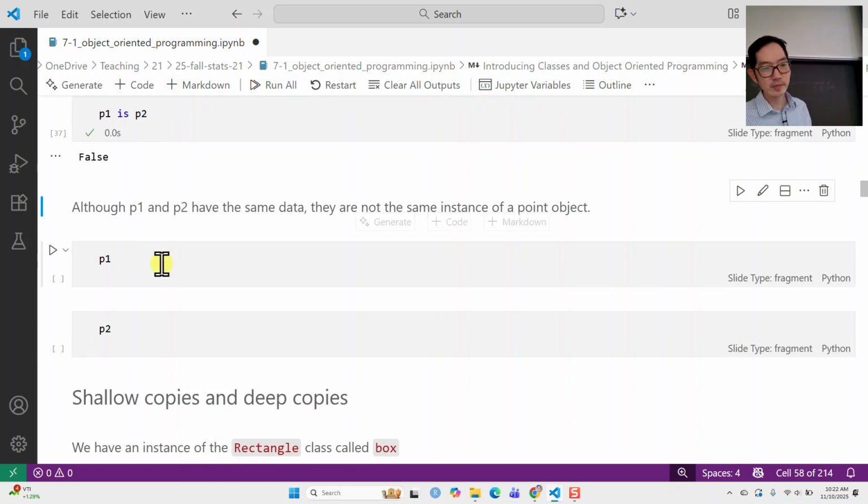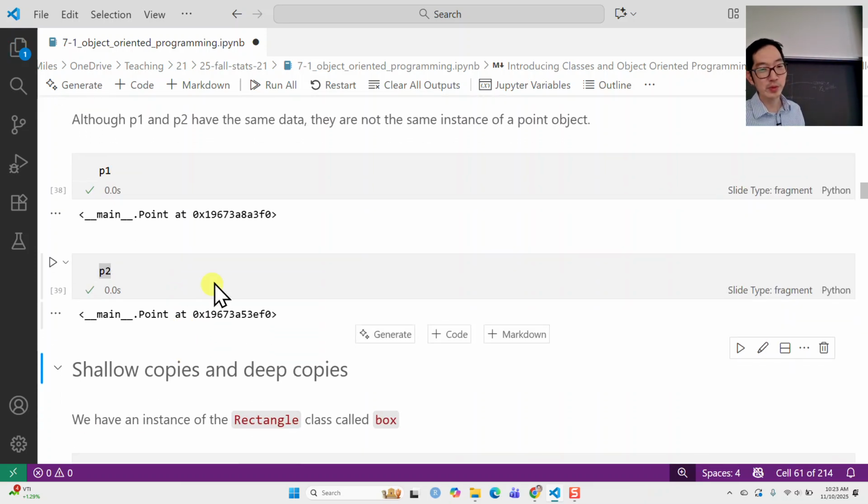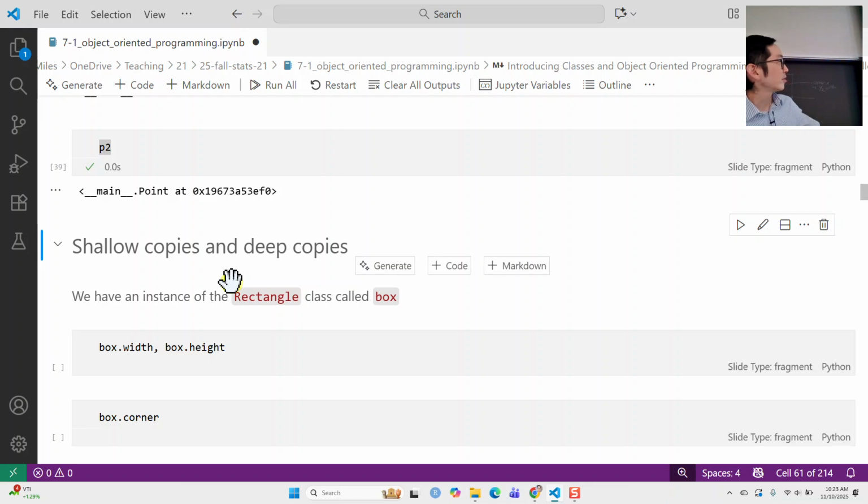Okay, P1 is an instance of the point. Its memory address is this. P2 is an instance of the point, and its memory address is a little bit different. Okay, or it's not just a little bit different. It's just different, right? Okay, so